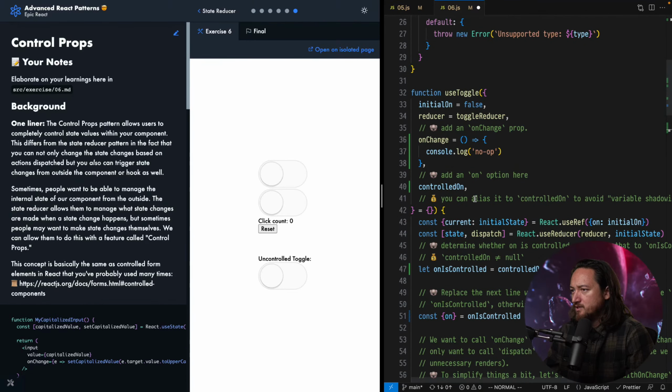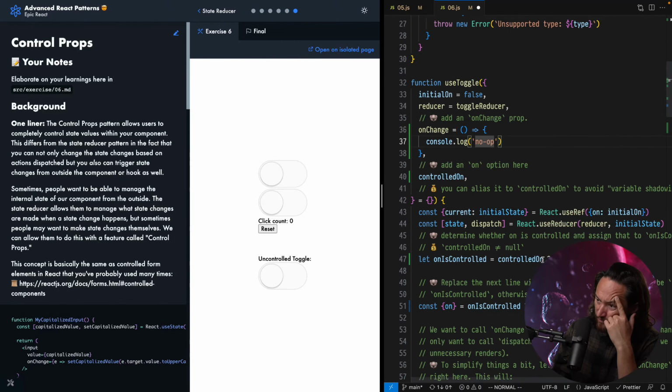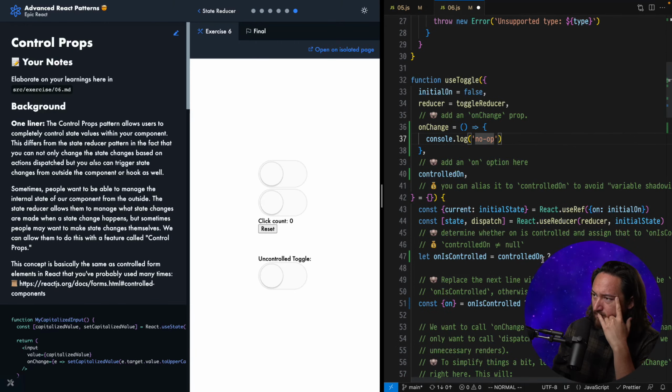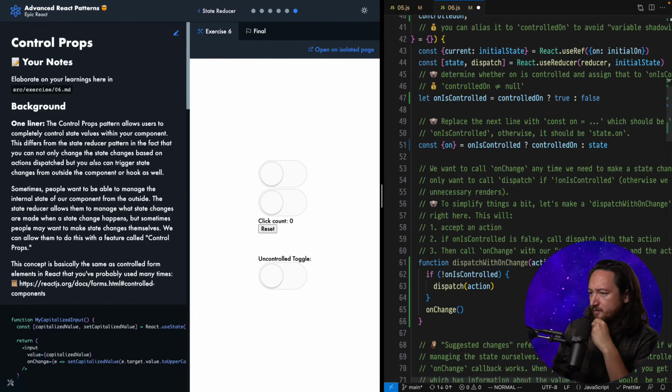Okay, so what are the suggested changes? The suggested toggle reducer. Reducer, and then call with the expected changes. So I guess with an,